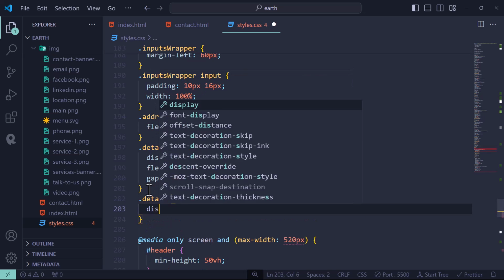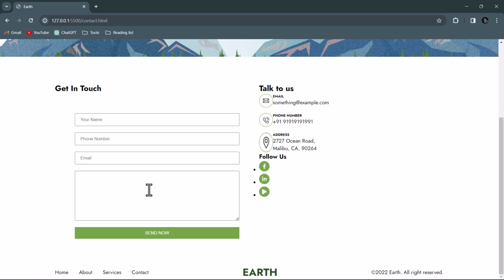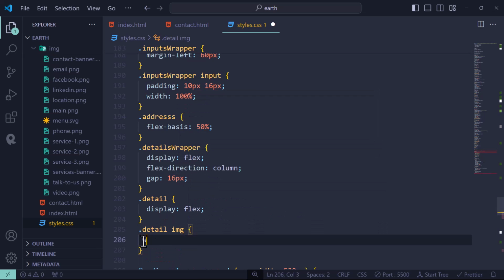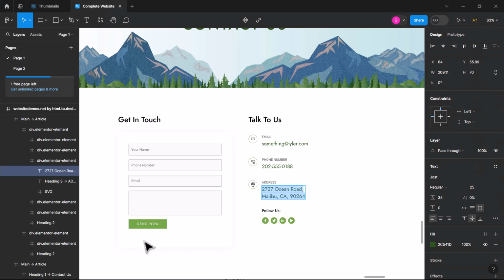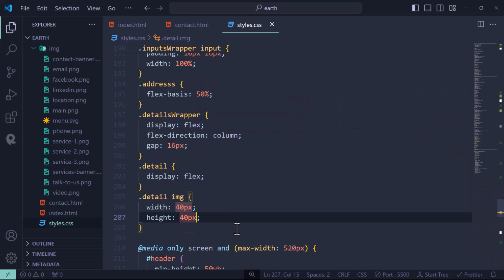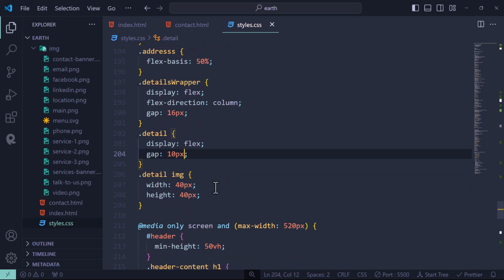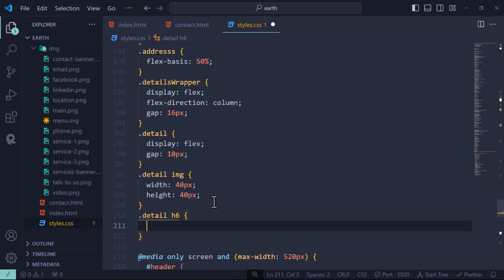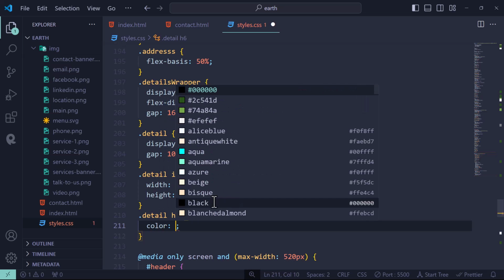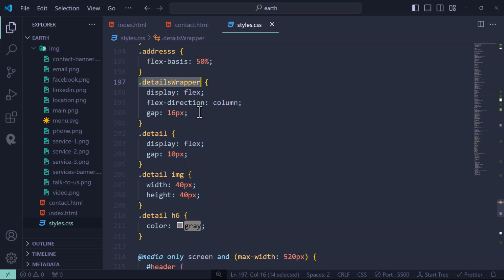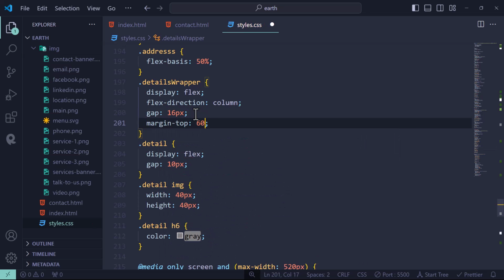For each detail make display as flex, and inside detail for the image let's make width 40 pixel and height 40 pixel. And for the detail let's add some gap of 10 pixel, and inside detail for the h6 let's make color gray, and for the entire details wrapper let's add margin top 60 pixel,